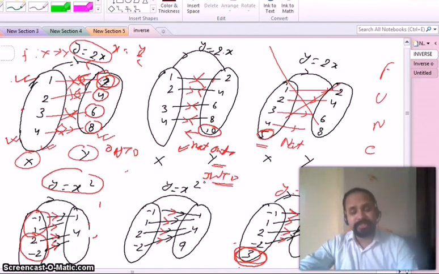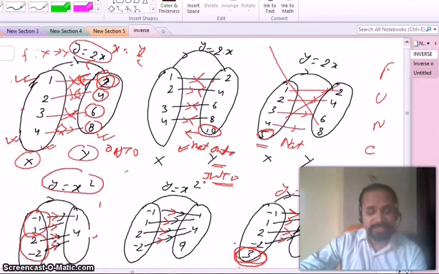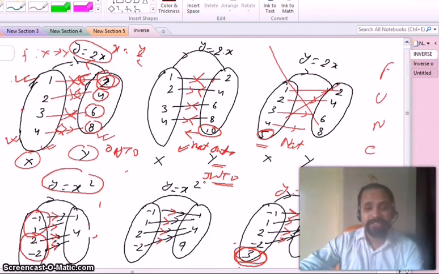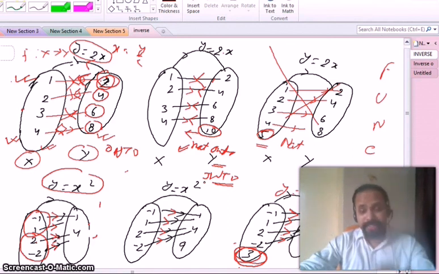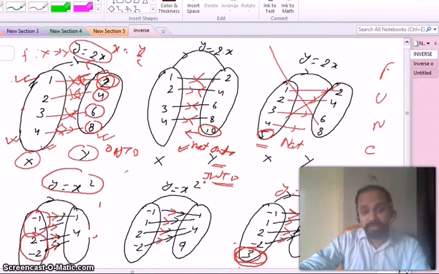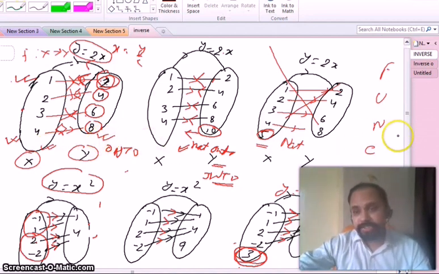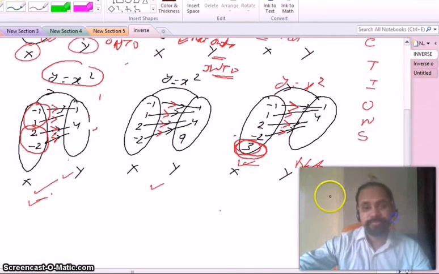For more details you can see our previous lecture also. In that one we have covered the types of functions. In that one we had discussed quite in a good way how to differentiate functions, that means how to write the one-one function and onto function and all. So the function which is not onto is called into function. Next come on this one.